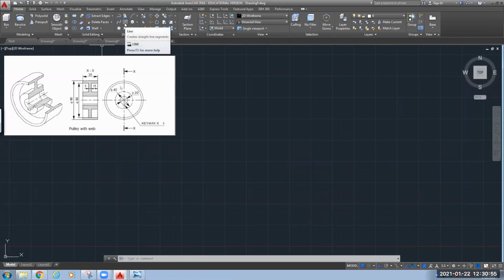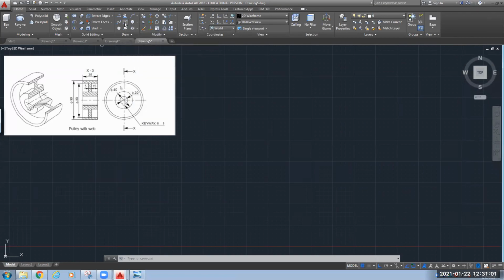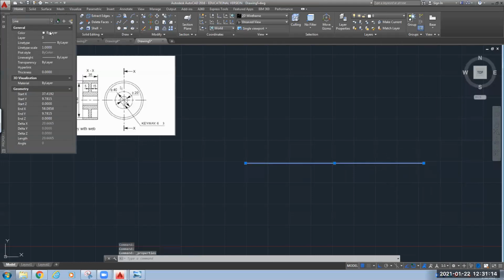First, you need to draw one axis line. Draw the axis line. This axis line will be a center line. Go to properties and change the line type.